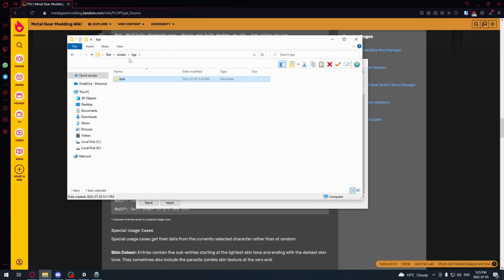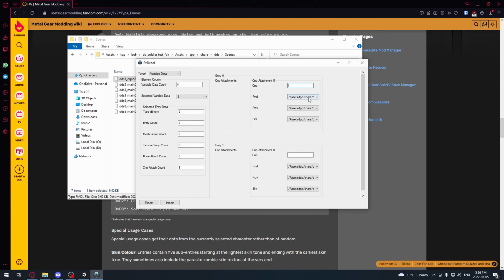Change it to forward slashes. And then add the FMDL itself. Here we go. Now let's head back to variable data, back to the entry we added, and this one will be using